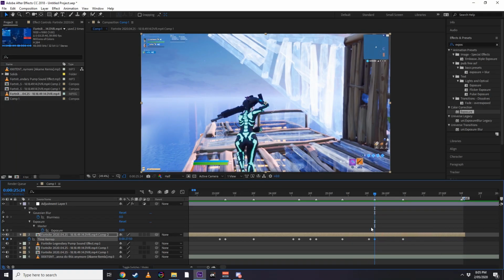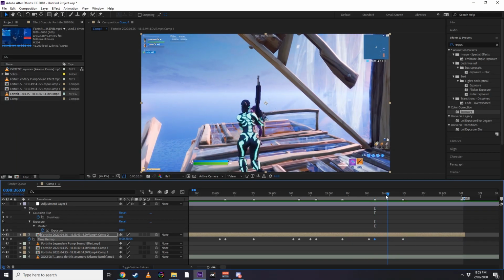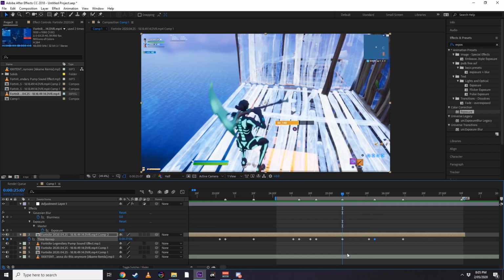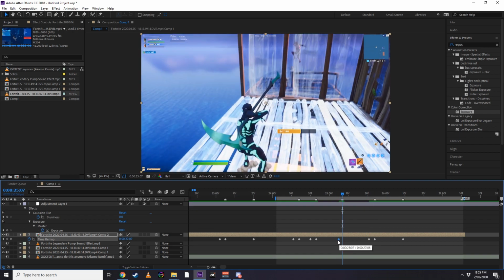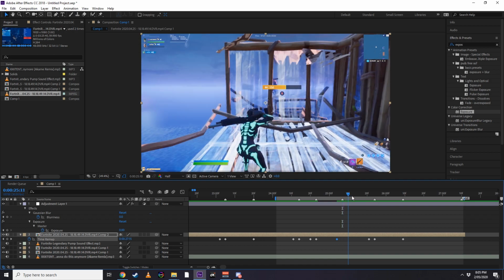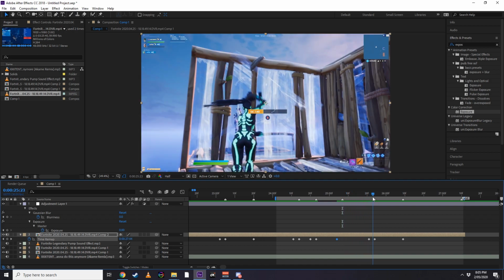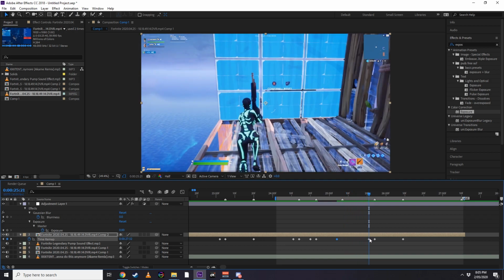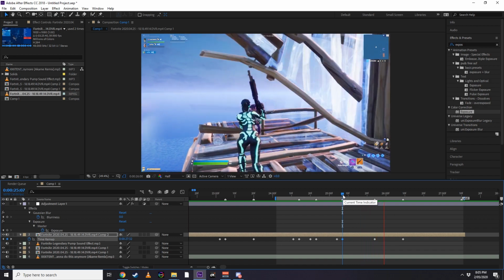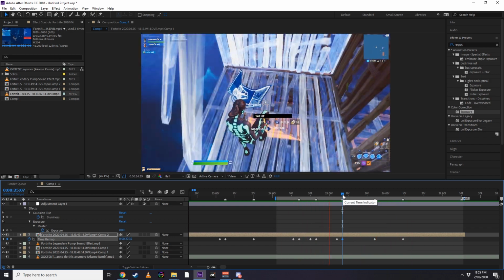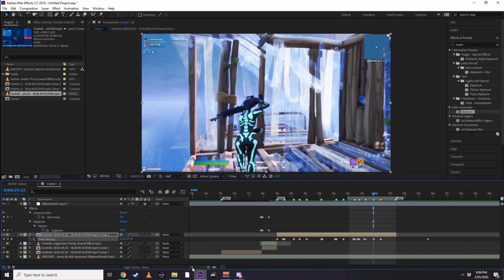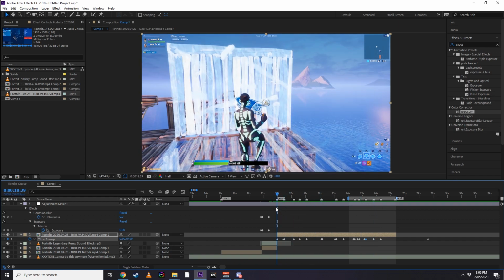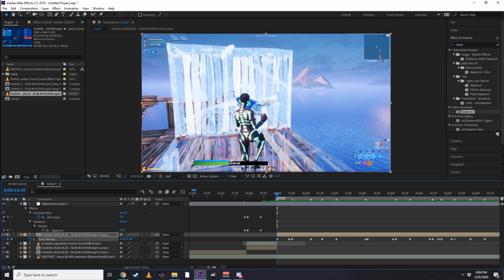Alright, so it looks alright, still needs some work. So what I could do is bring this back 3, go to that part there, bring that to there, and check that out. So we might just leave it at that for now. So we might go back and just see what this looks like when we get in the graph editor and